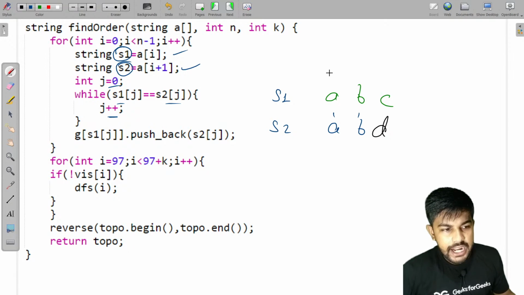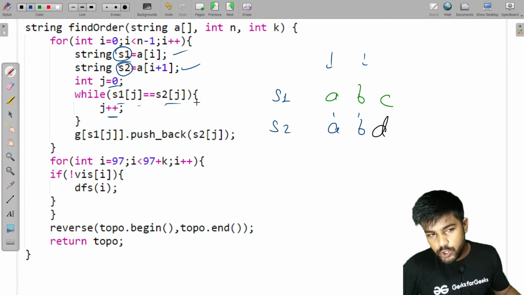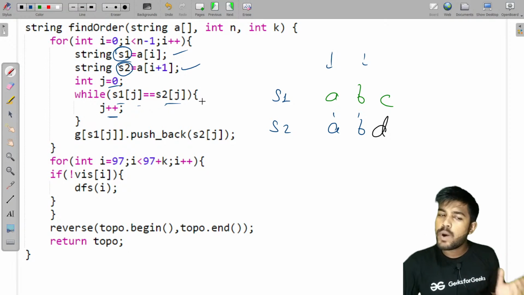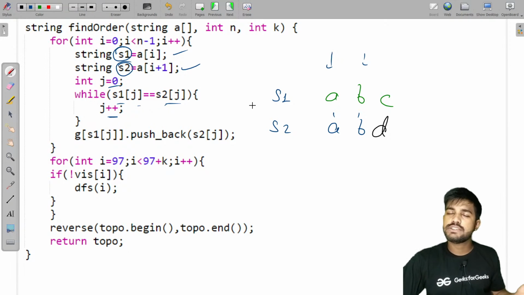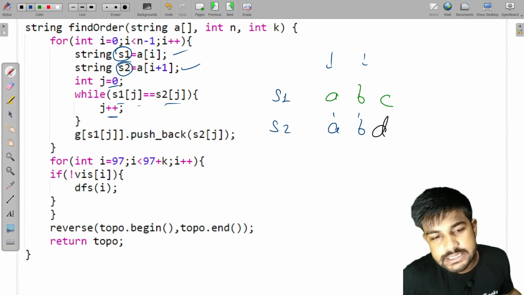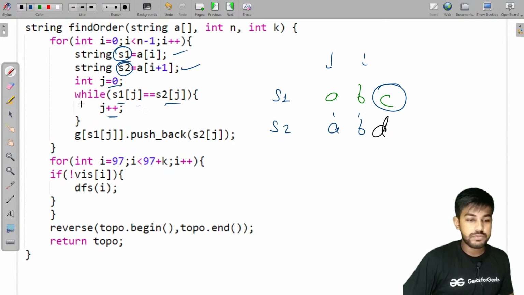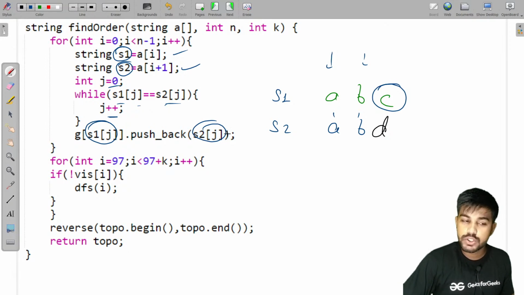So at first J was 0, so J was pointing at this position. When J was 1, it is pointing at this position, and this is same. And this while loop would work till we got a letter which is a mismatch. Why is it a mismatch, and we know that this is not different? Because we know that C would come before D. Good to go. So now C would come before D, so we have pushed back C with D. Good to go. So now again